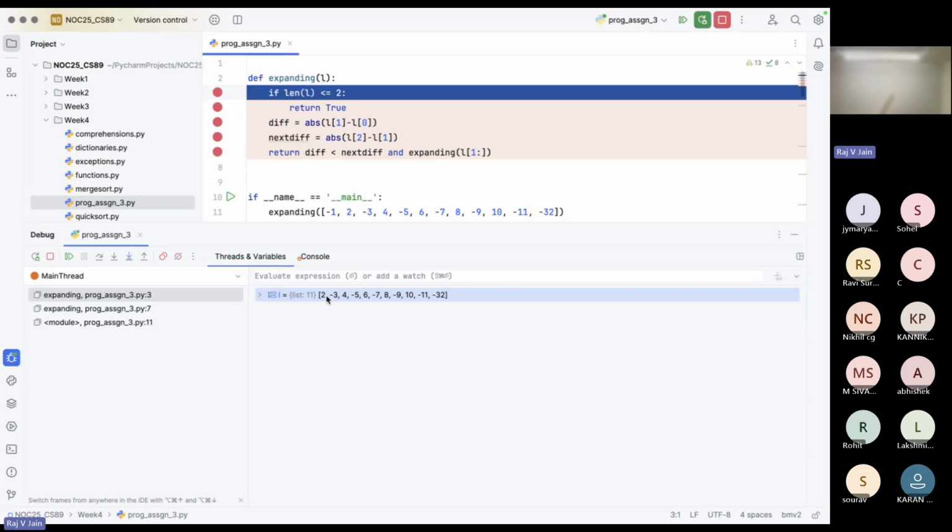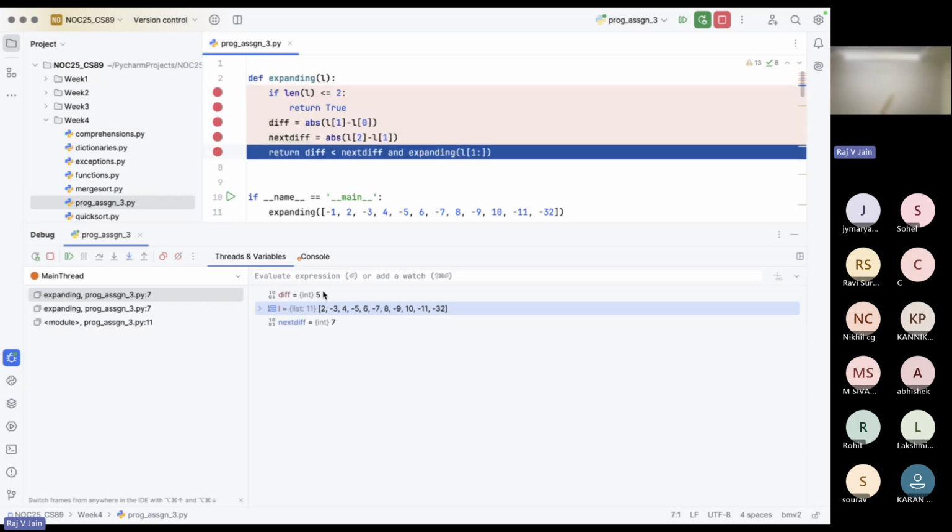Which is exactly what's happening here, right? So now we have a list of 11 elements, which was from the second element of the initial list. Okay, so again, we'll do the same thing, and we see 5 and 7. 5 is less than 7. So again, call the next,